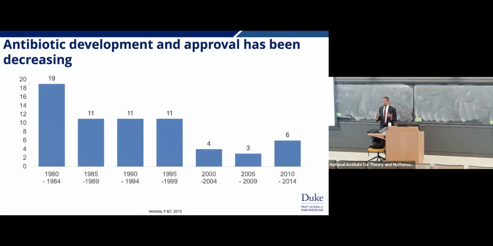Antibiotic development and approval has really been decreasing over time, because a lot of the antibiotics that we use are things that we're using from microbe warfare, or bacteria warfare. And if you're thinking about fungus in particular, if you're looking at fungus warfare and trying to derive an antibiotic from there, our cells look very similar to fungi, right? So generally things are going to be somewhat toxic to us.